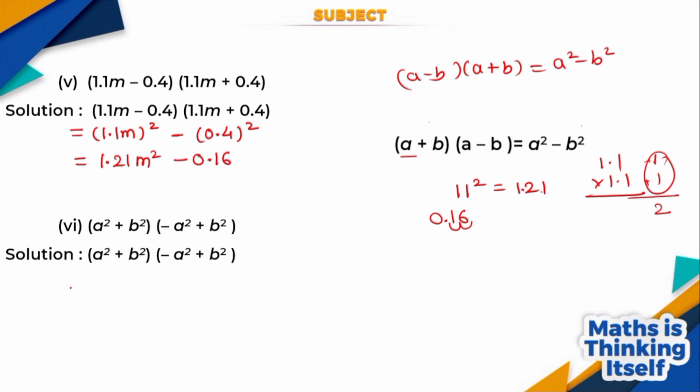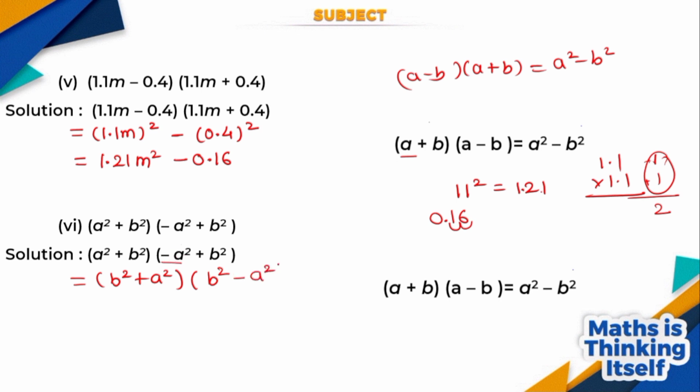Second one, so here identity is not applicable directly, so look at, we have to rearrange it. So b square plus a square you can write, and then here we write b square, and when you write here this sign you have to carry with a square, so it is b square minus a square. And now here value of a is b square and value of b is a square.